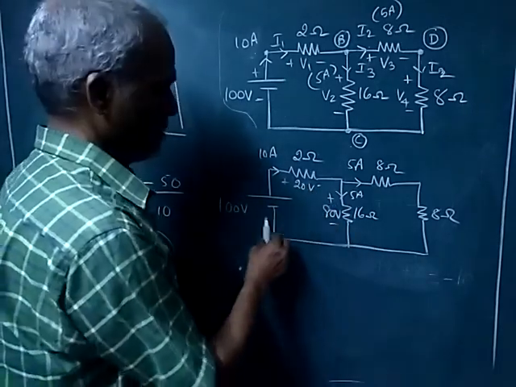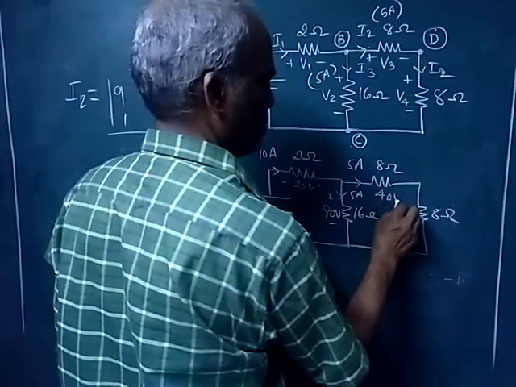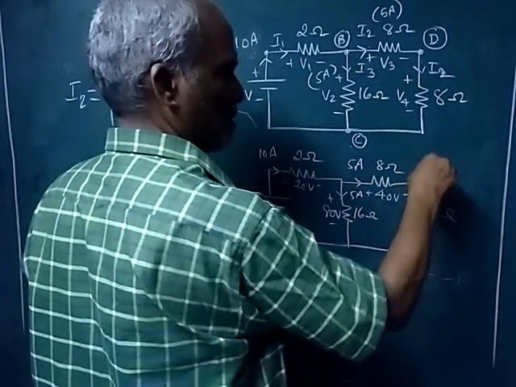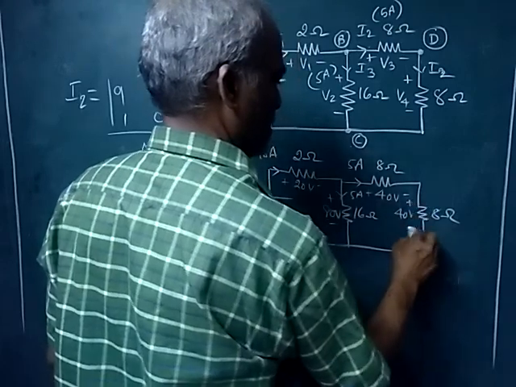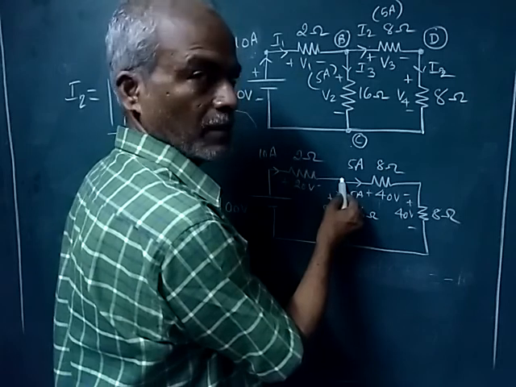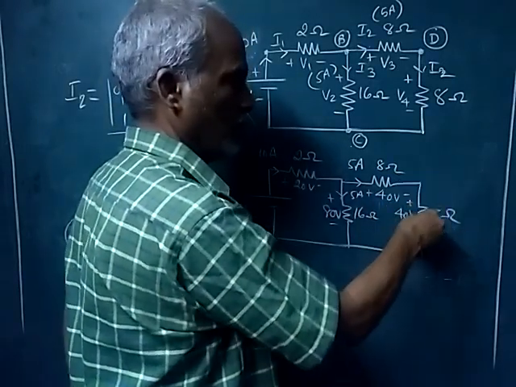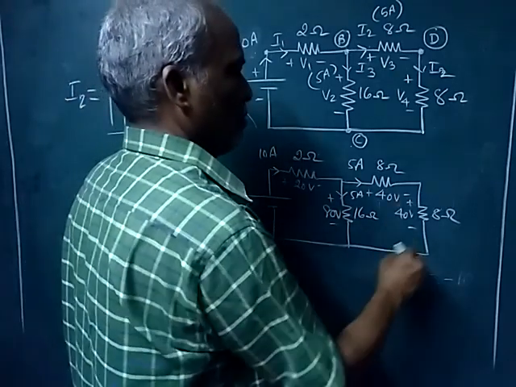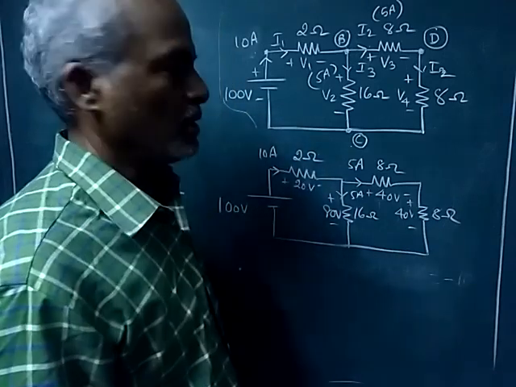Understood? Okay, now come to this loop, 8 5s are 40, this is 40 volts, plus minus. This 5 amperes is coming here, once again 40 volts, plus minus. Now if you consider this loop, rise in potential plus 80, fall in potential minus 40, once again fall in potential minus 40. So totally, the total voltage around this loop is equal to 0 by Kirchhoff's voltage law.